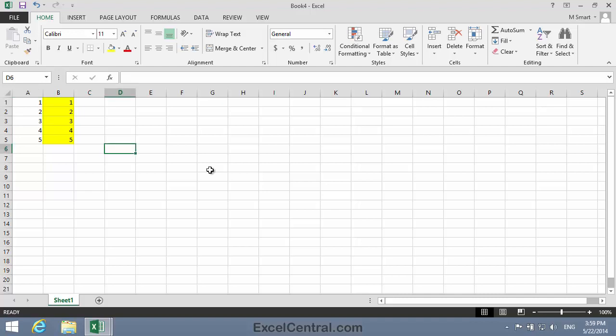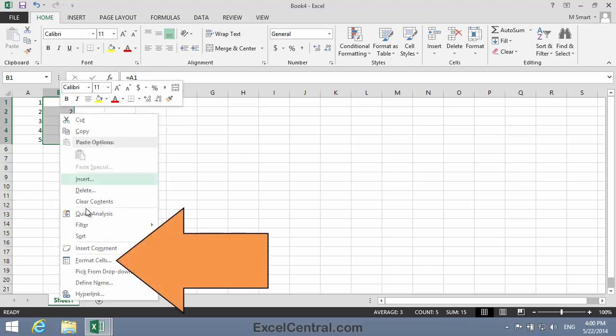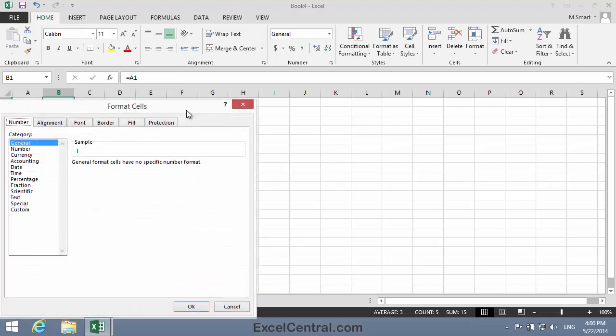I'd now like to reformat the numbers in column B so that they show dates and times, and I'd like to show the dates and times in a rather special way. I want the dates to have 4 digits so that I can see the difference between 1900 and 2000, and I'd like the times to follow the 24-hour clock system so that I can tell whether the time is AM or PM. So I'll select the cells in column B, and then, using the skills you learnt in the previous lesson, I'll format them as dates. So I'll right-click in the selected cells and select Format Cells from the shortcut menu.